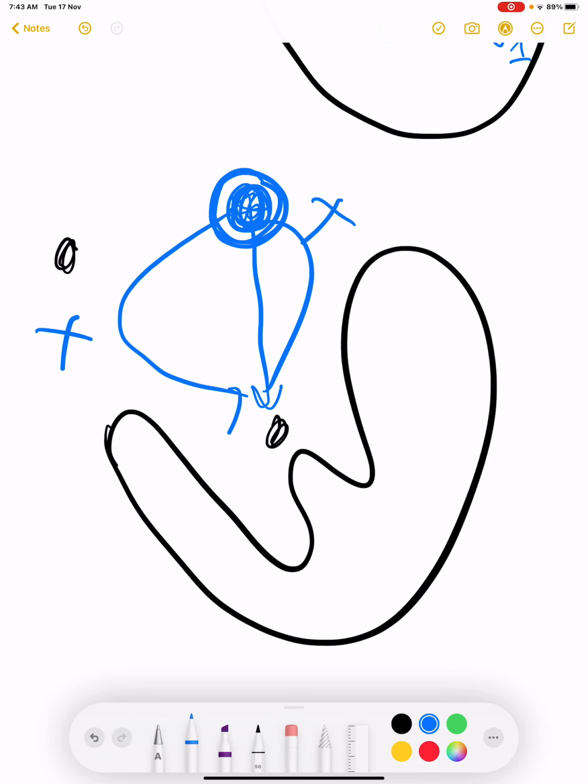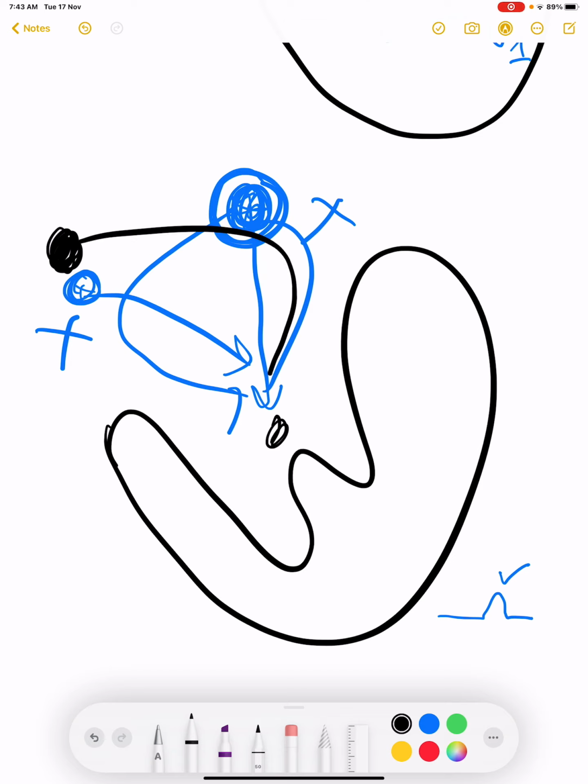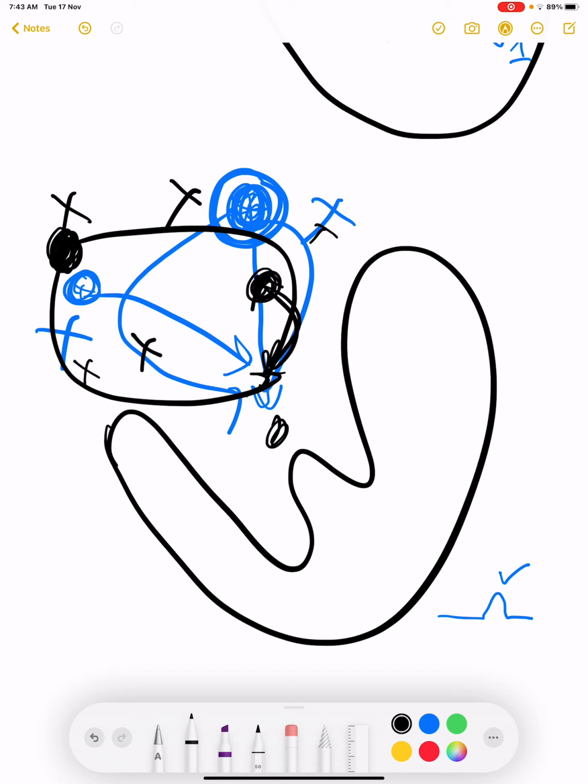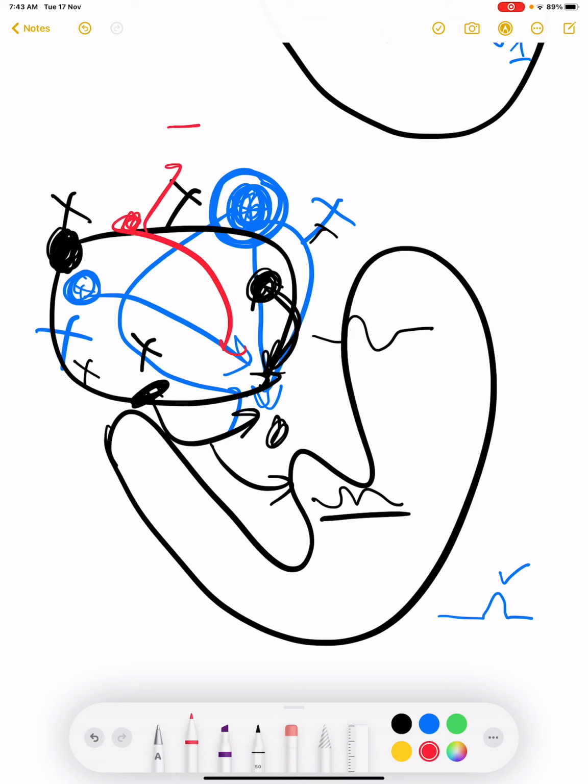So any type of P wave shape can be generated depending upon the location. For example, if the location is very near to the SA node, the P wave will be more like a normal P wave, but it will not be a normal P wave, because the normal P wave is from the SA node. This is the normal shape. Other than this, if the P wave is originating anywhere in the atria, then depending upon the location, maybe from this location it is generating like this, maybe from this location like this, and maybe from this location it is generating an inverted one.